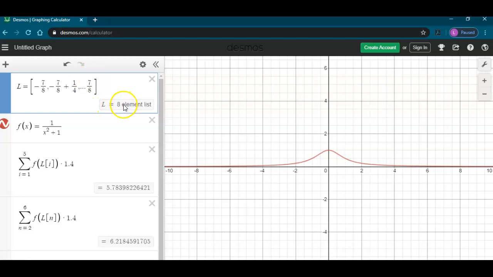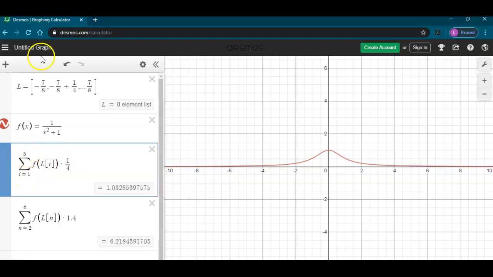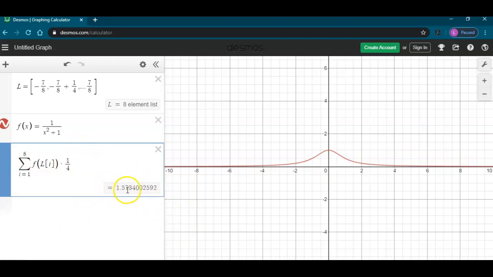All right, so now we got our 8-element list, and we're going to do our function value on that list of elements. Our delta x this time is 1/4, and we're going from 1 to first element in the list. This time with midpoint, you're going to add up all 8 of those, right? So we are doing an 8-point thing, so we're going to add up from 1 to 8 on that list, and we don't need that one. So that gives me this 1.5734 for this guy,